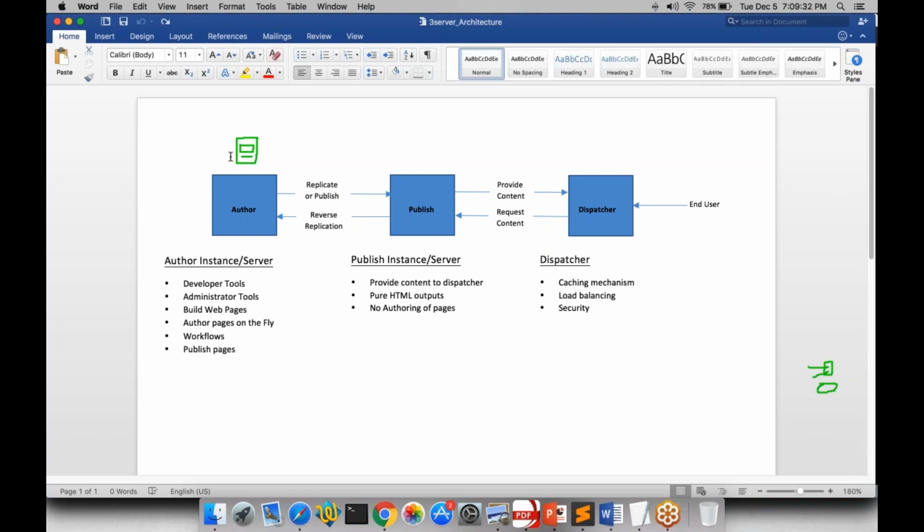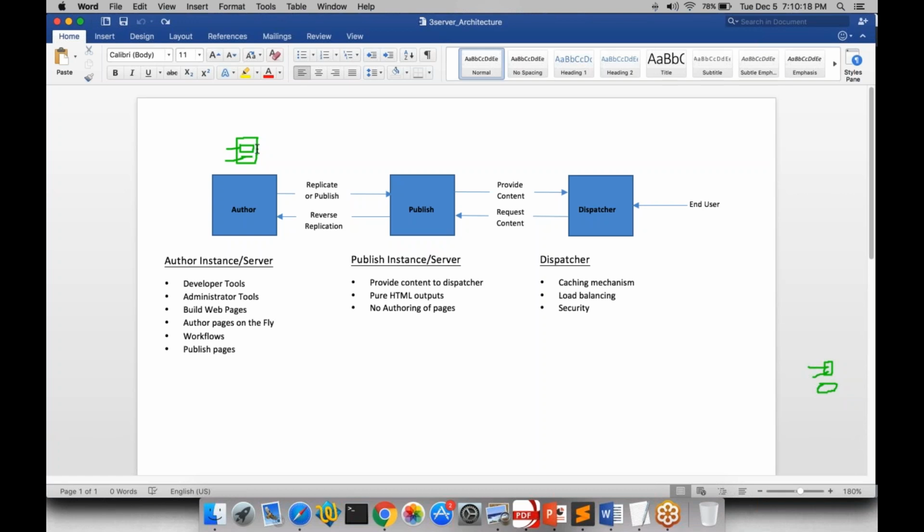Because CQ5 as a product is mainly used for building websites, and you should be able to build a website in such a way that the content creators or authors can manage the website by themselves, without having a tightly coupled relationship with the developers or going back to the developers for changes, right? So they can do it by themselves. So here, once the author creates a page and drags and drops an image component, and adds some text into the page, and he feels that this page is ready,